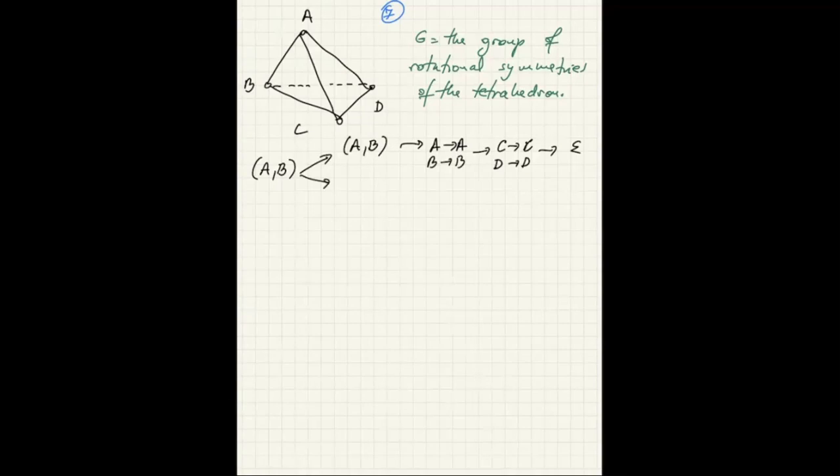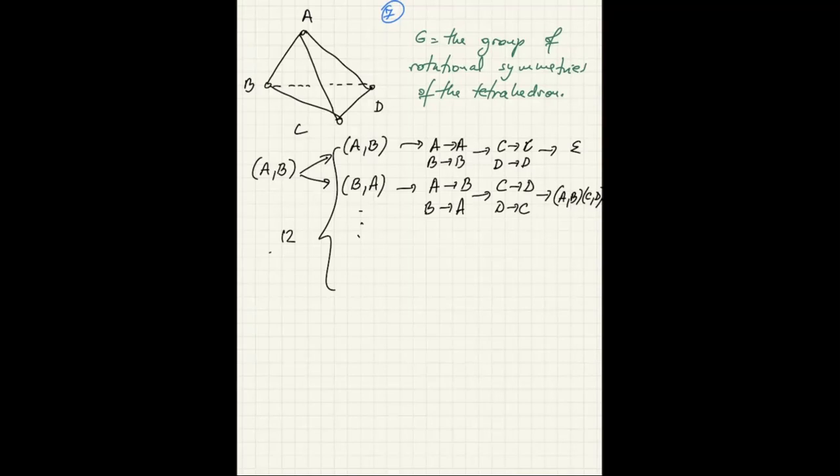Let's see what happens if we map AB to BA, for example. In that case, we map A to B and B to A, and that automatically forces that C gets mapped to D and D gets mapped to C, and we get another permutation, which is the product of these transpositions, AB times CD, which is not the one from before. And similarly, you can do that for every pair of edges. So there are 12 ordered